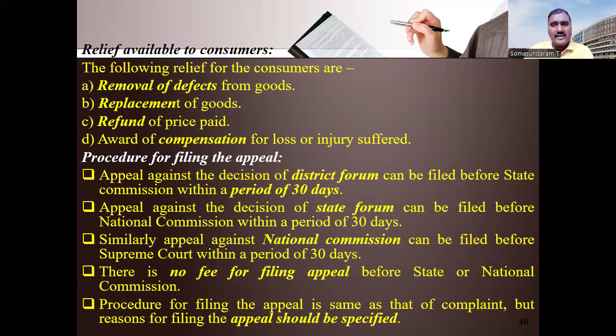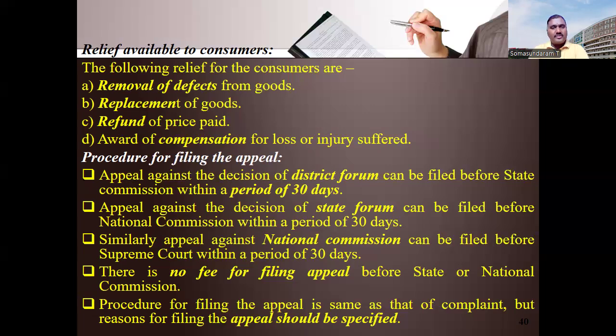Now, what is the procedure for filing an appeal? Suppose you have filed a case in the district court. If the district court has given a judgment but you are not okay with it, or they are not able to give a judgment according to the case, as it is a very serious case or the case depends upon some top brand, you need to go for appeal to the state level, the next level, within 30 days. If the appeal goes to the state level consumer forum, and they are not able to solve this, or they solve it but it is not up to the mark, then you can appeal to the national level, within 30 days also.